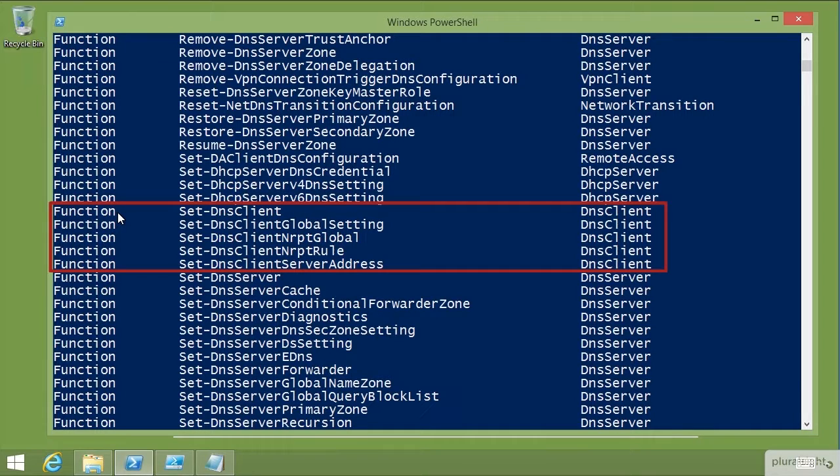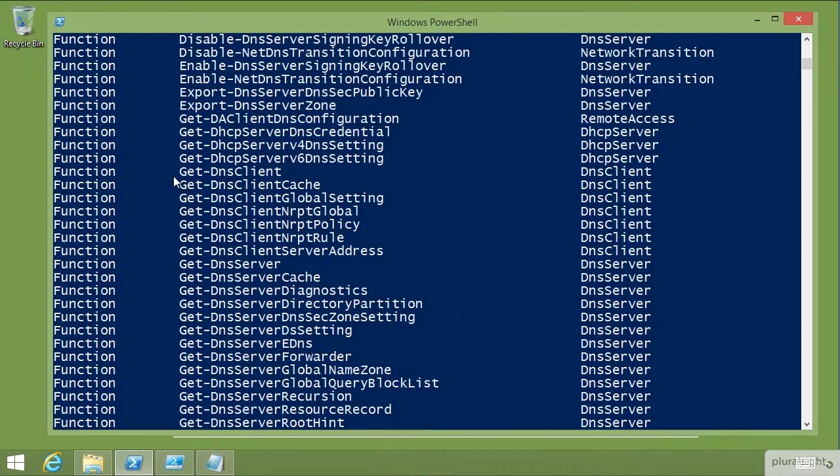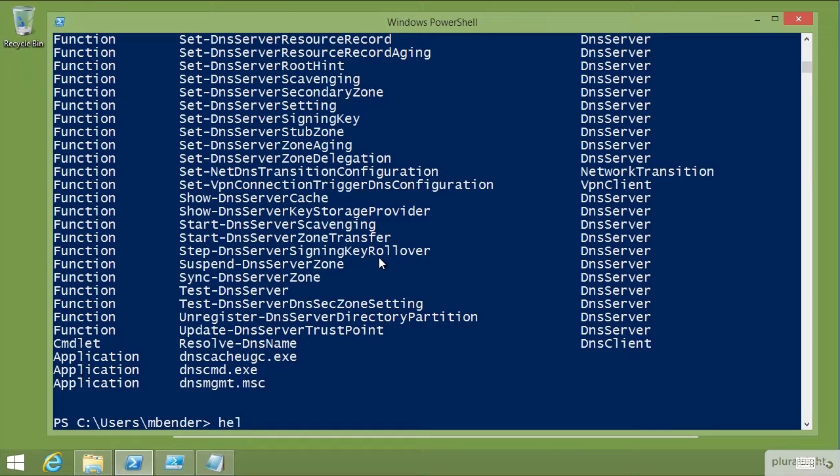So we see we've got a Set-DnsClient. And then if we go up here further, we see we've got some Get commands for DnsClient: the client cache, the DnsClientServerAddress. So these are all helpful commands. Let's take a look at each one of these. So let's do a help of